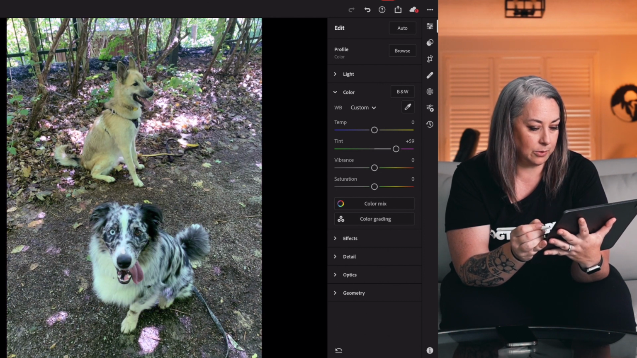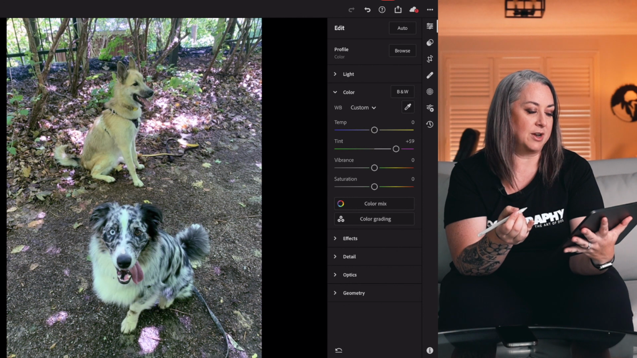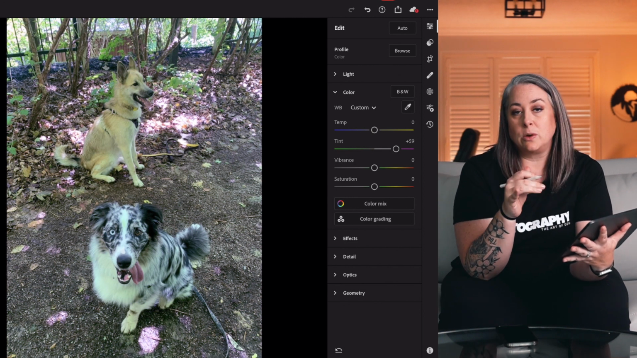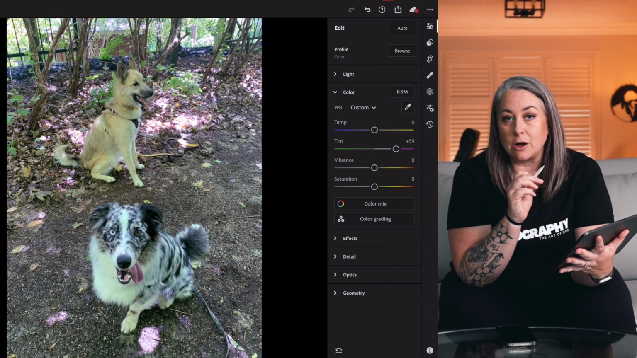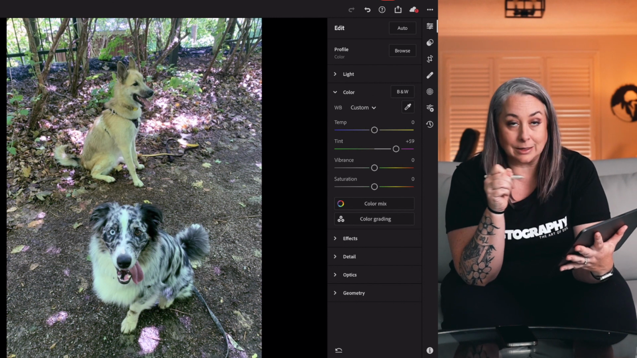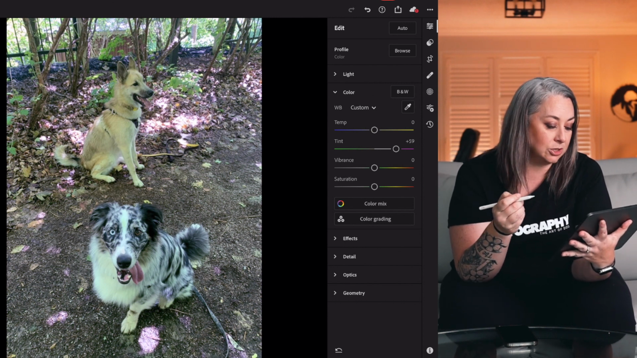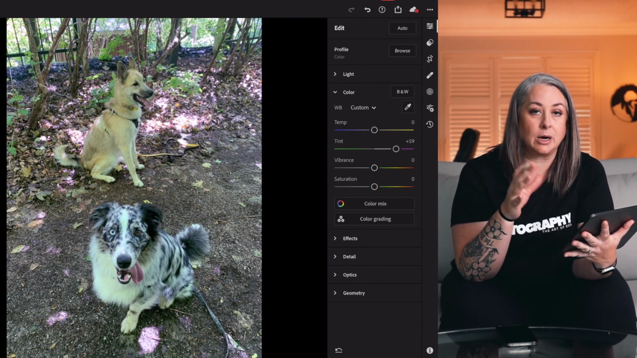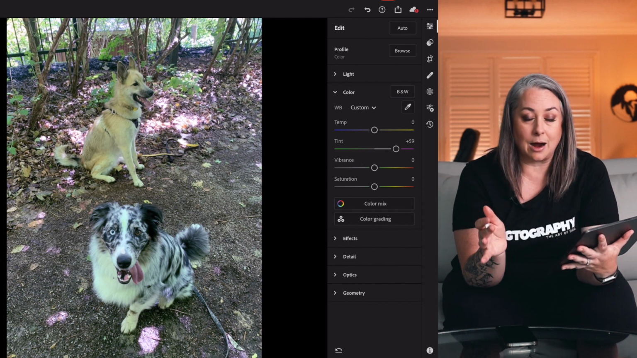And there, I think we've got it at about 59, somewhere around there. So that's one way of doing it. You can manually do it yourself with your finger or your stylus, like on the slider. The other way to do it, at least in Lightroom, I don't know about other photo editing apps, may have